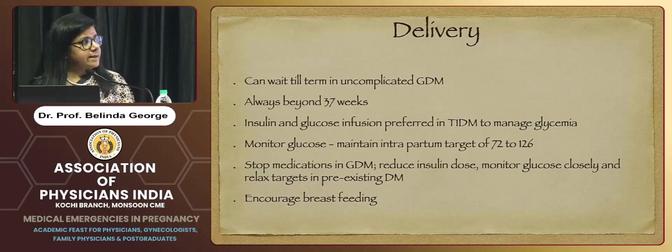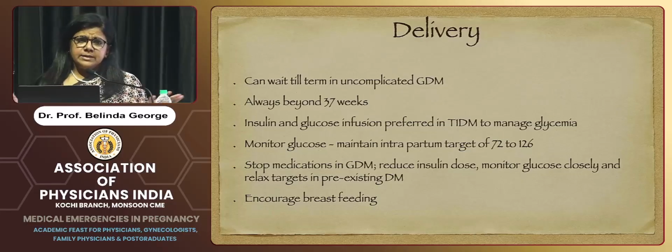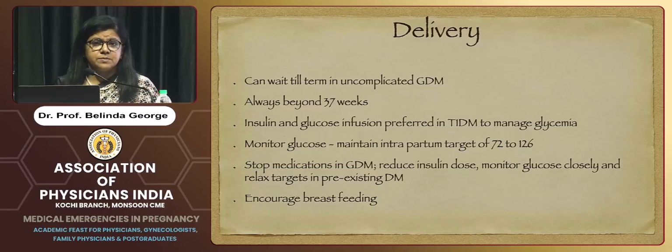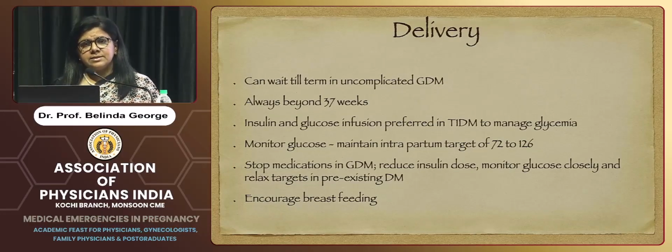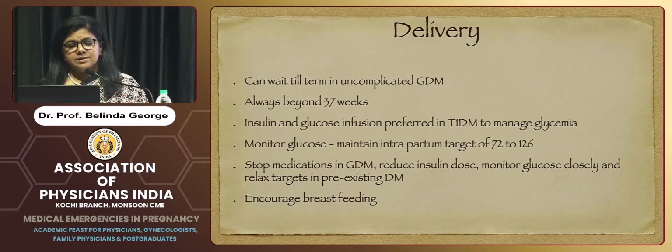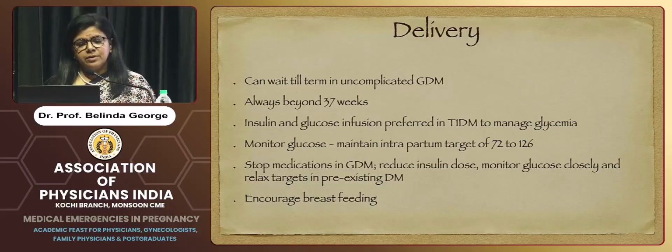So coming to delivery, we can wait till term for all patients with gestational diabetes or pre-diabetes in pregnancy. There is no need to hurry in all uncomplicated cases. But if there are some concerns, we'll at least try to wait beyond 37 weeks, and then the obstetrician will plan whether an early delivery is required or not. If the patient is going for